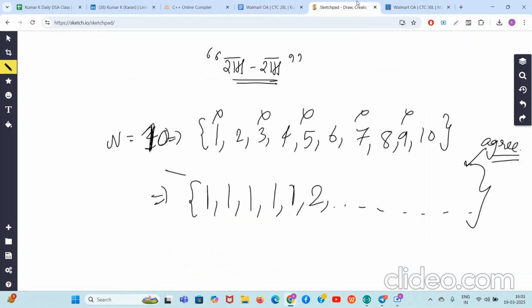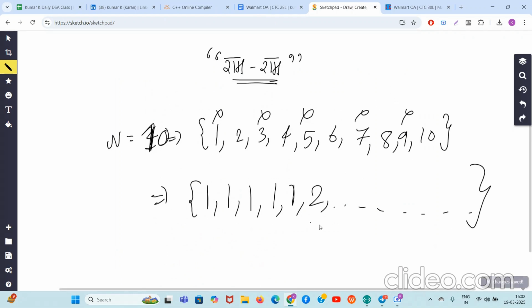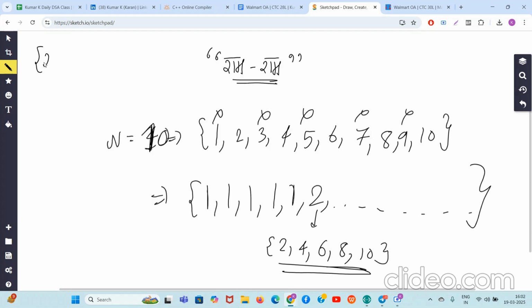So guys, for now you understand, because you are a Kumar K student, that at this stage the sequence looks like 2, 4, 6, 8, 10. Now guys, what to do? Use your brain. I will give you a hint: repeat the same old pattern. At this place in the answer array, you know the GCD is 2, and 2 is dividing all these numbers. Now, which number should you remove? Make a greedy choice which will help you now and in the future also.